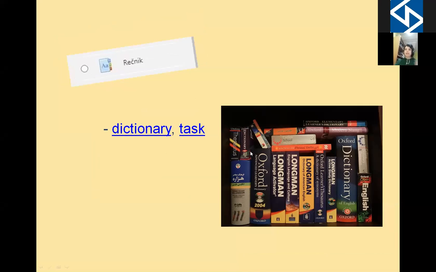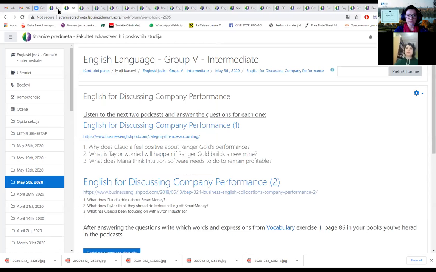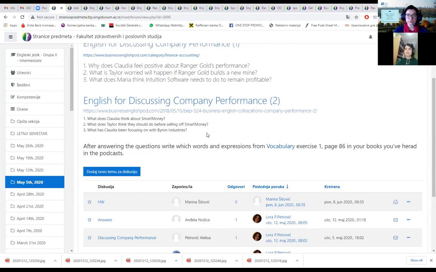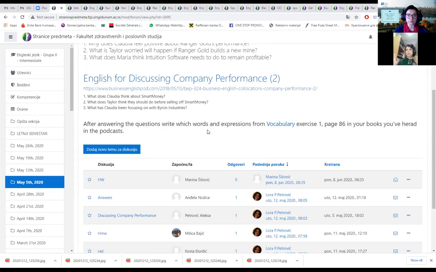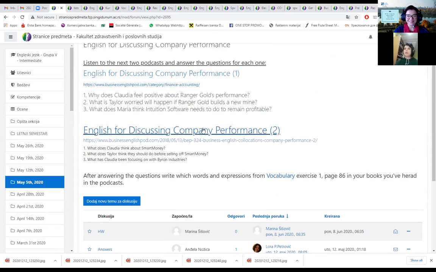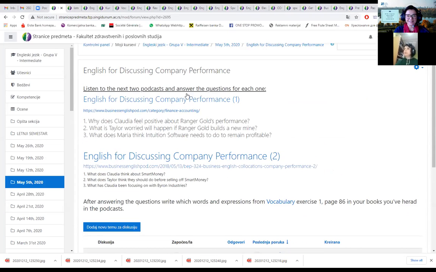Dictionary is also one of the tasks that I use as, let me see, no, this was listening tasks. Sorry, now I am a little bit confused because there are so many tabs and I cannot see the presentation together with it. This was listening